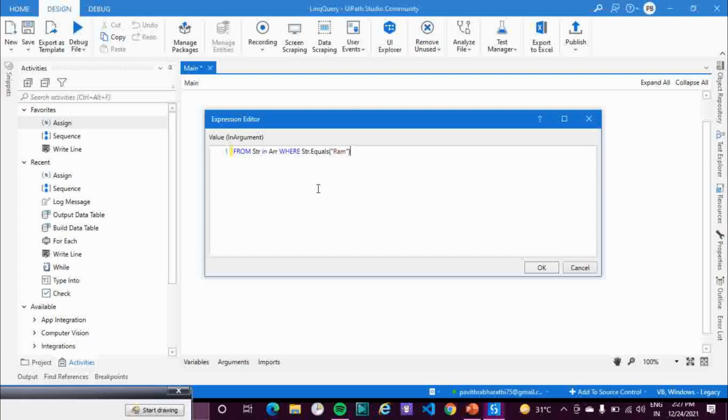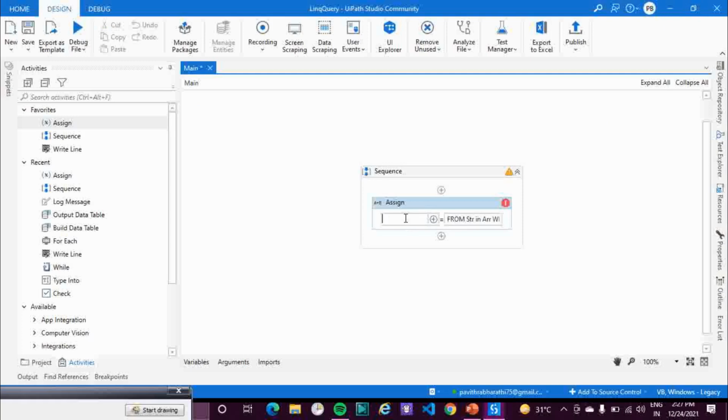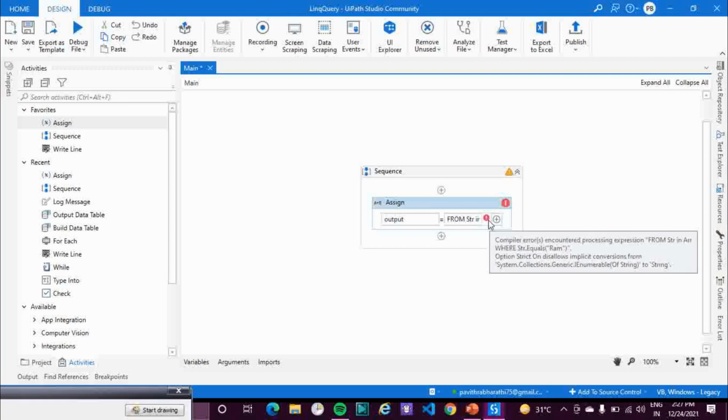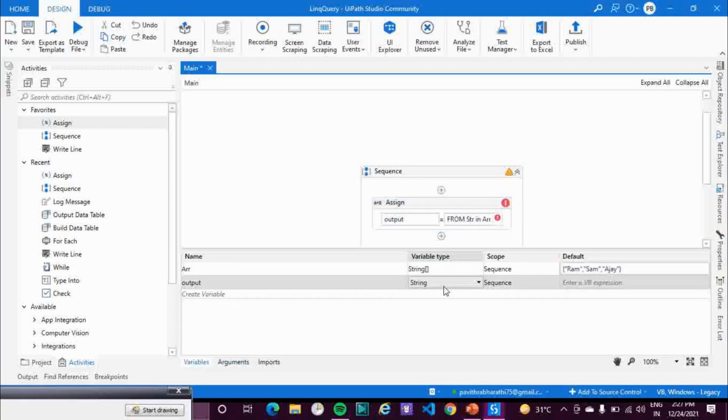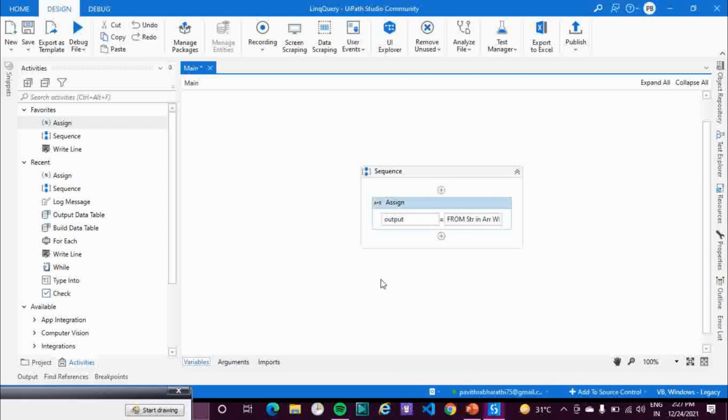Now if I save this and give the output variable, you can observe there is an error. It says that Enumerable of string to string, we are unable to convert it. So let me change the data type into Enumerable of string.